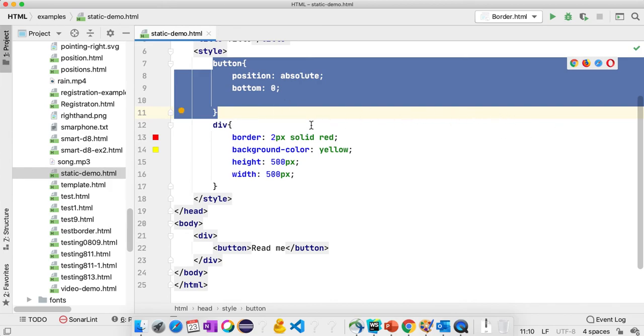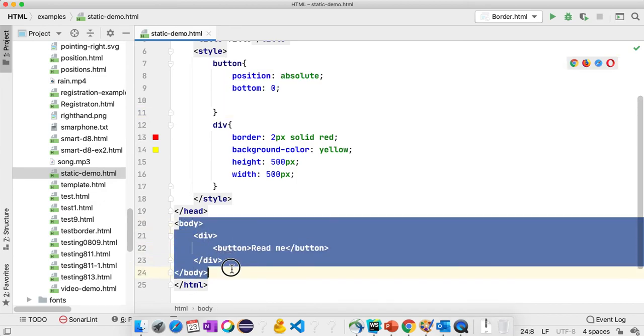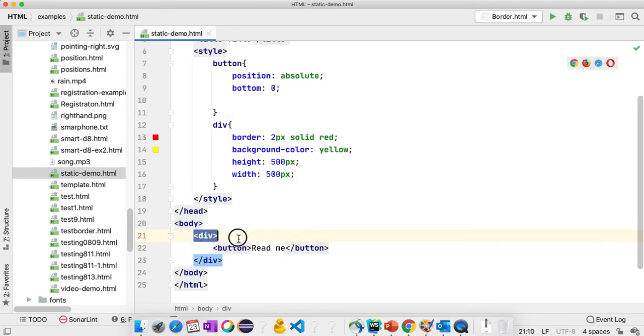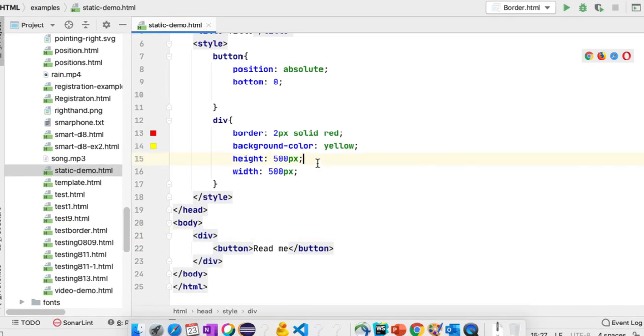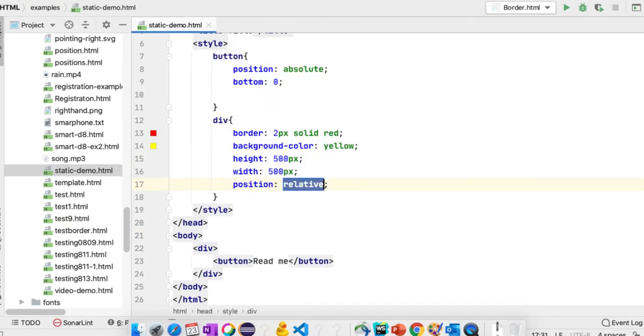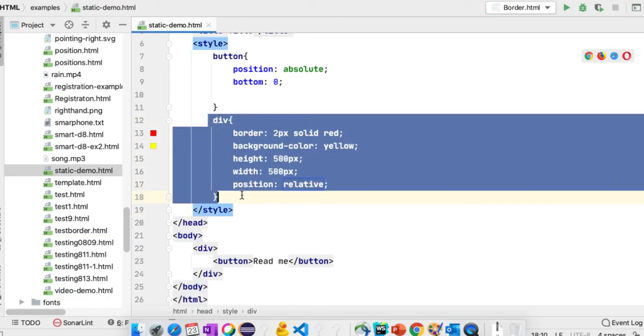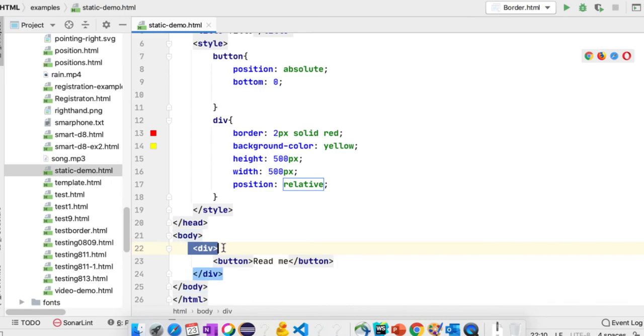So the nearest ancestor for this button is body, because we haven't mentioned the div as a parent, right? So we need to explicitly mention that the div is the nearest ancestor by using another property, position relative, which means now this particular div block is a parent for the button. So the nearest ancestor for the button is the div.